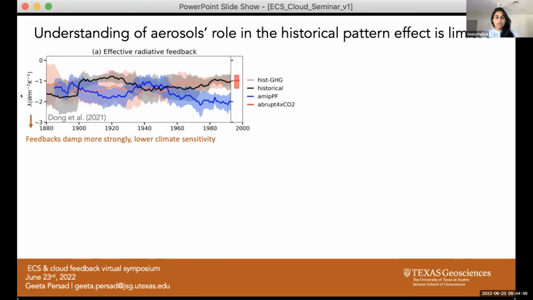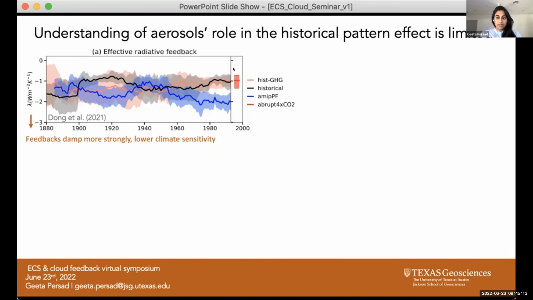And the black line here is showing how the strength of feedbacks evolve in historical, all forcing, fully coupled climate model simulations. The pink line is showing what that looks like for historical greenhouse gas only. The dark red bar shows what that looks like for quadrupled CO2 simulations. And you can kind of eyeball and see that the feedback parameter in response to a quadrupling of CO2 is